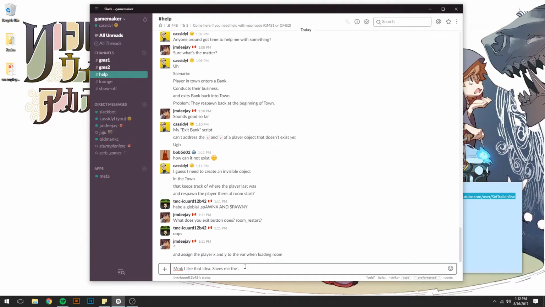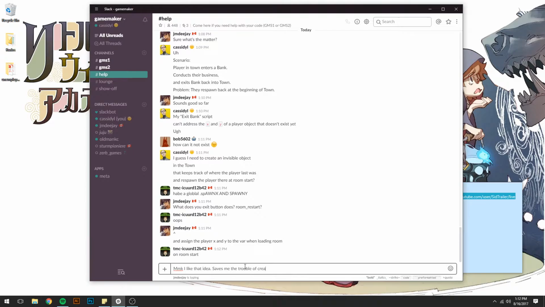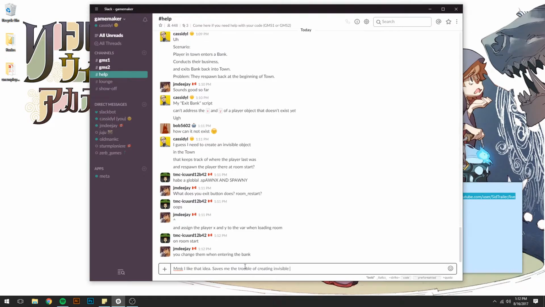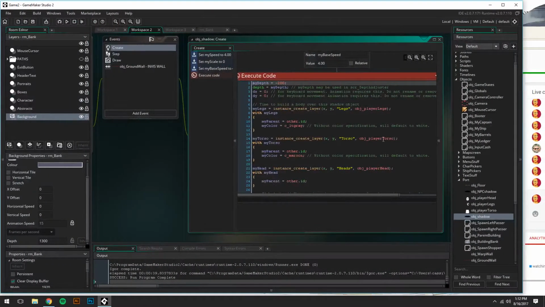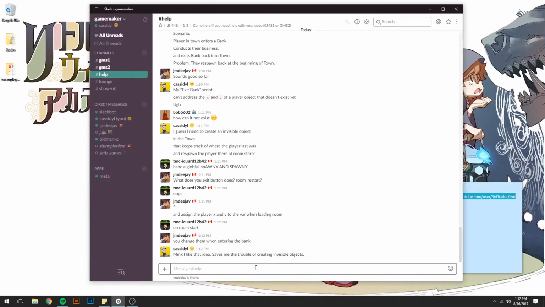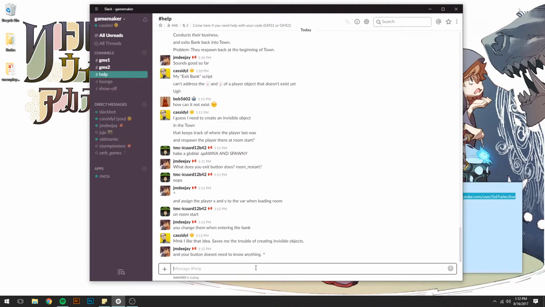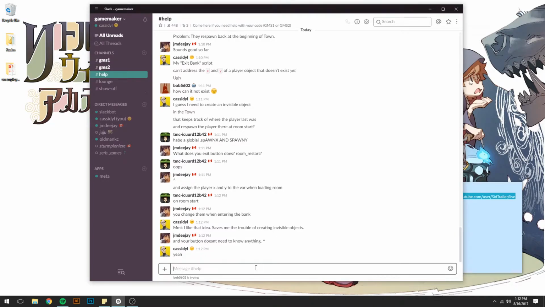Saves me the trouble of creating invisible objects. Yeah, okay. Alright, we'll have to do that. Yeah. Okay, so